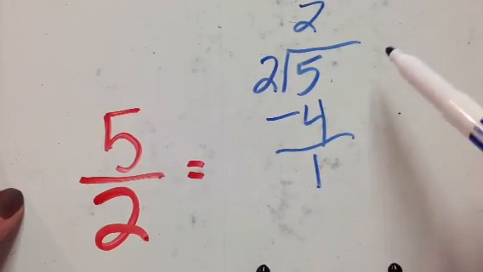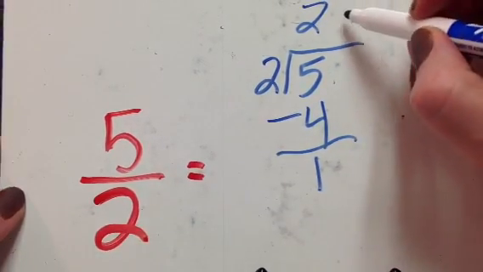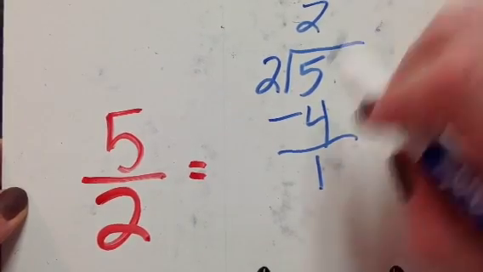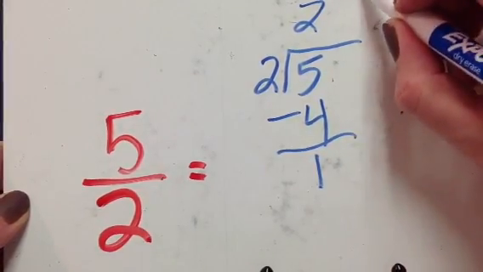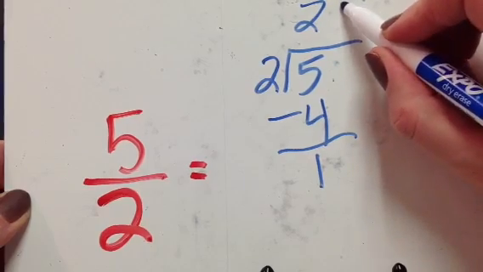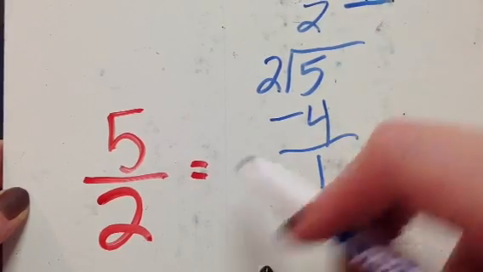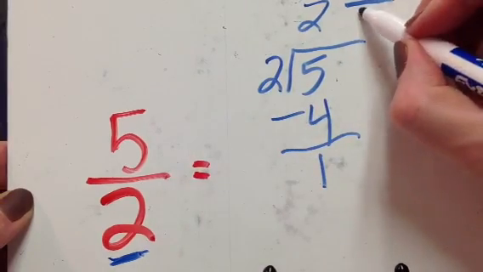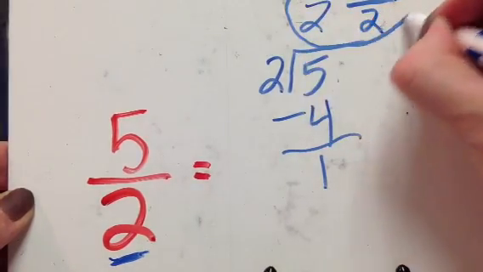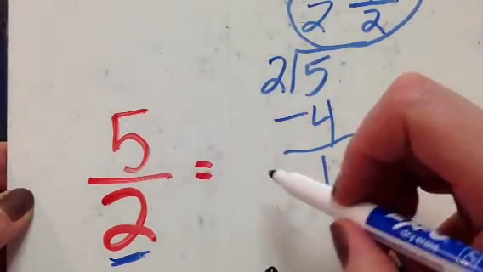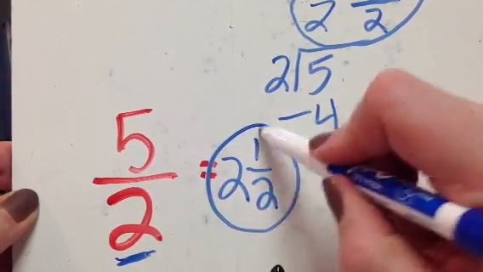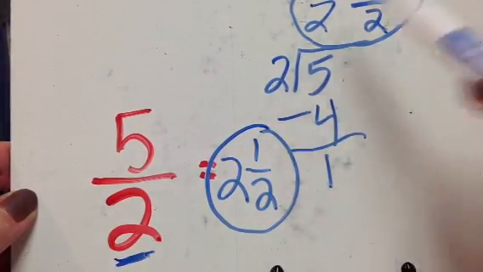left over. And then remember, usually we were going like that, right? But we're not going to do that anymore. But we are going to bring it up, and it becomes the top number of our fraction. And then whatever's on the bottom over here, that stays the same. And so our answer, let me write it down here closer, 2.5. So we did the math for it, and it matches our picture,